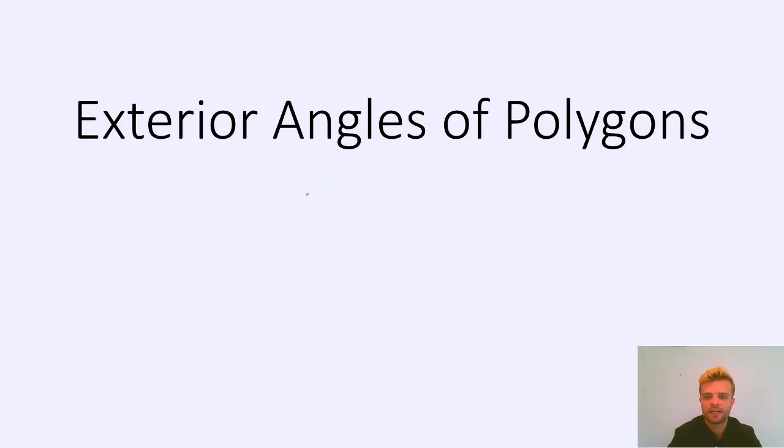All right, so here we're looking at the exterior angles of polygons. Now we've already talked about the interior angles, and the interior angles are the angles inside a shape. But the exterior angles are different, and I think I'll show you over here. So if we take an equilateral triangle, equilateral meaning all the sides and angles are the same, so it looks a little bit like that,